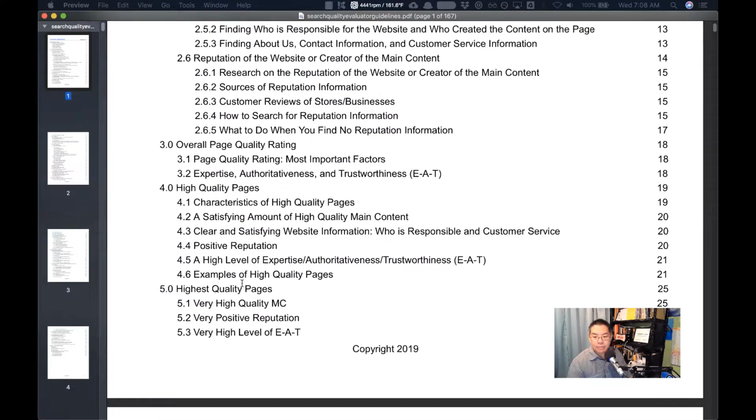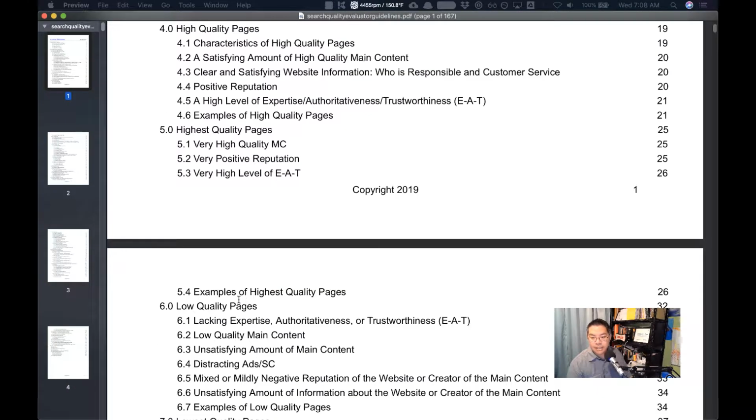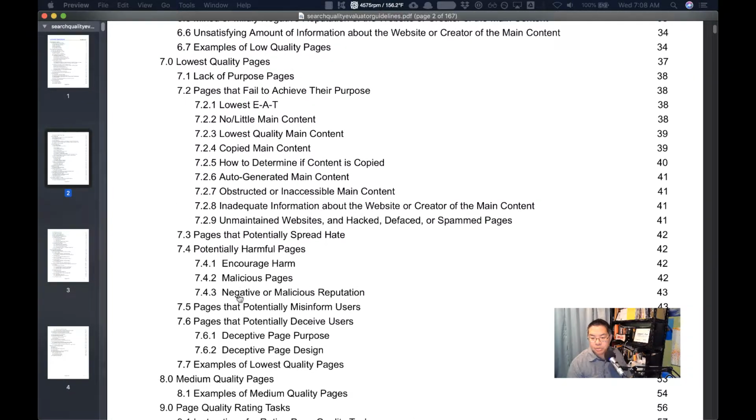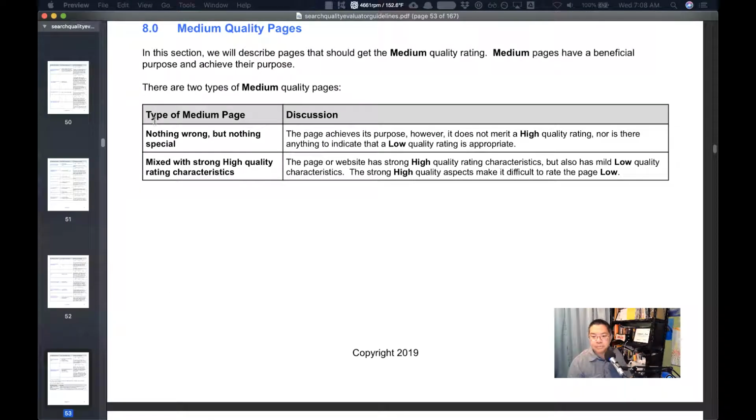The other thing I wanted to point out in here that's really interesting is, let's go past the lowest quality pages, to medium quality pages. This phrase here is so important. Nothing wrong, but nothing special. How much of your content meets that standard of nothing wrong, but nothing special? That's where I think most companies go wrong in their SEO. There's nothing that's wrong, but there's nothing that makes it stand out as a piece of original reporting, as a